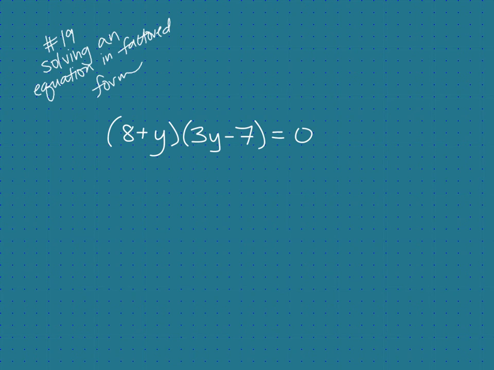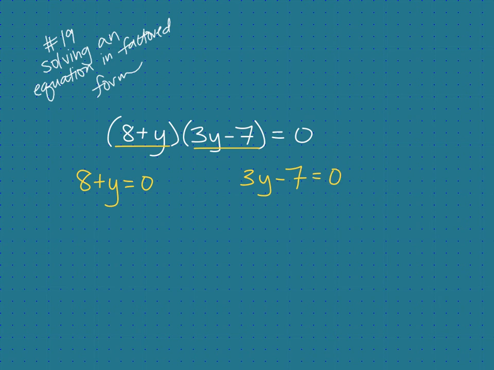Number 19 is a very simple problem. So the simplest ones, really make sure that you got it right because they're the easiest way to get some points. All right, when we have two factors or more than that equal to 0, all we need to do is set each factor equal to 0. So 8 plus y is a factor and 3y minus 7 is a factor. So we're going to set 8 plus y to 0, and then we're going to set 3y minus 7 equal